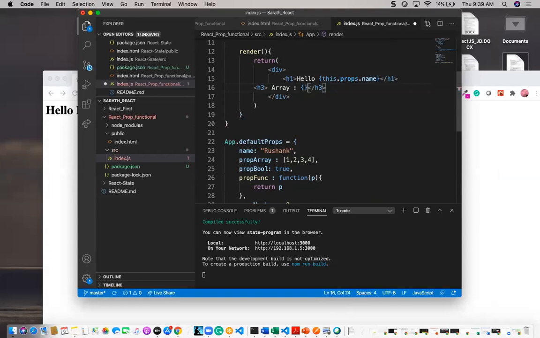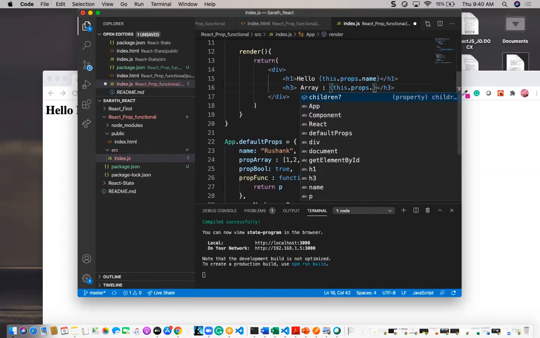What this means is, for the props we can use a function, we can use a string, a number, or a boolean. So there are several ways we can pass data to the properties.